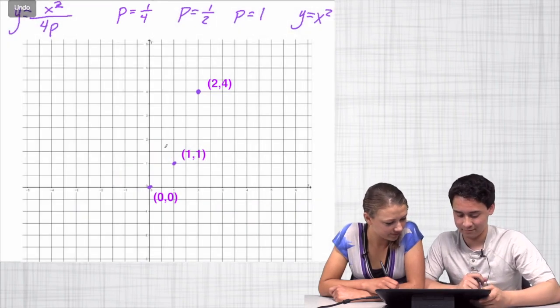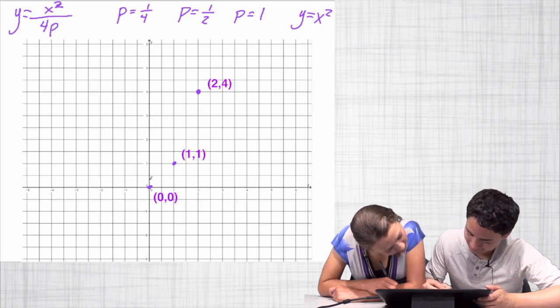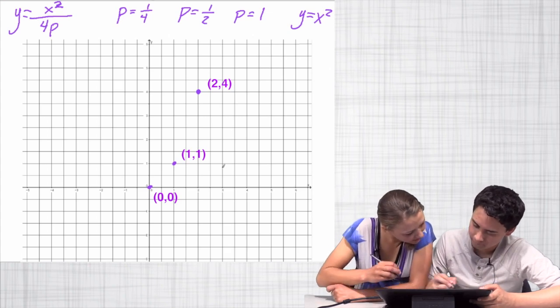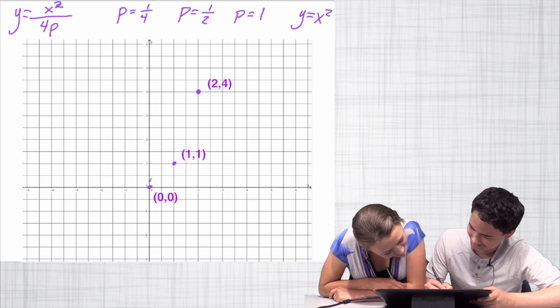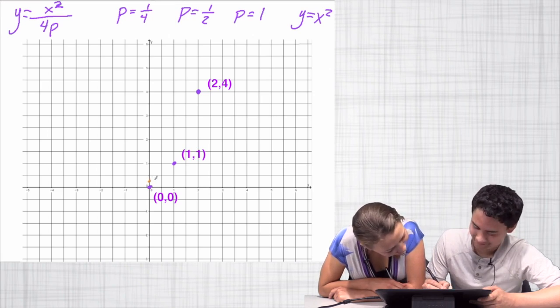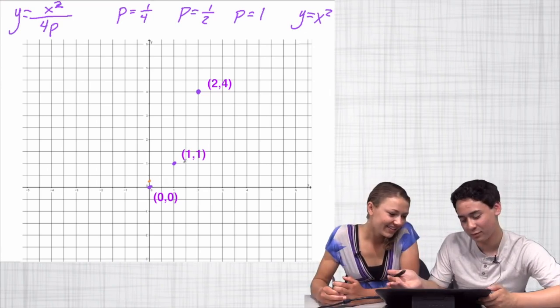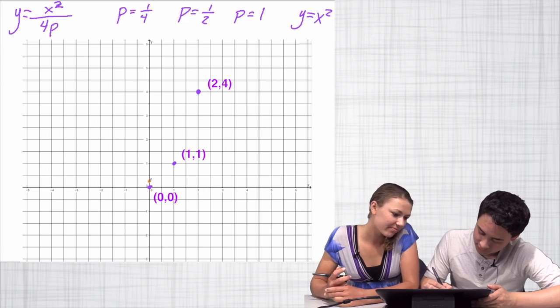Yes. So like right here, right? No. Well, our p is 1/4, so your p, yeah. I agree with you, buddy. Are you sure? Why do you agree? I don't know. Right there. It sounds like you're not sure. Also, when p is 1/4, I just thought that the focus would be here now because